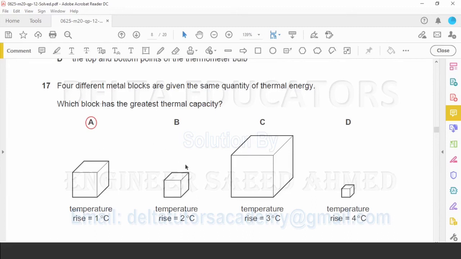So here in option B also 10 joule, in C also 10 joule, in D also 10 joules of energy. Now here by the supply of 10 joule of energy, the rise in temperature is 1 degree centigrade, and in option D with the supply of 10 joule of energy, the rise in temperature is 4 degree centigrade. So here we can say for 1 degree rise in temperature, the amount of heat is 2.5 joules.